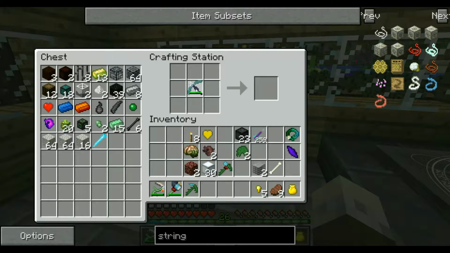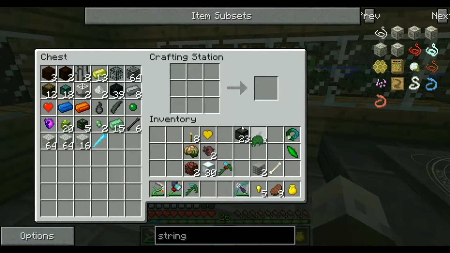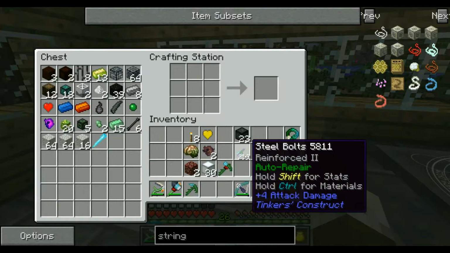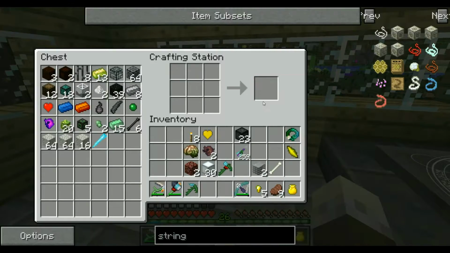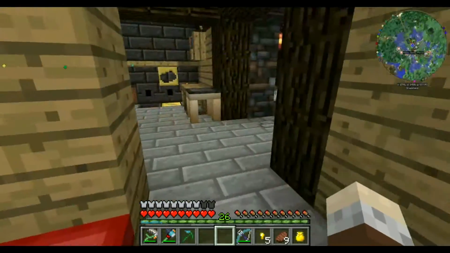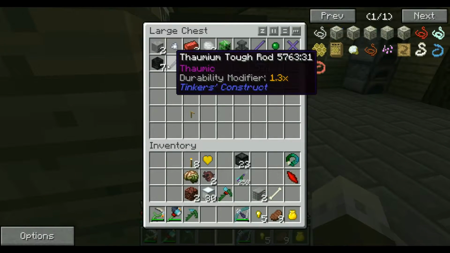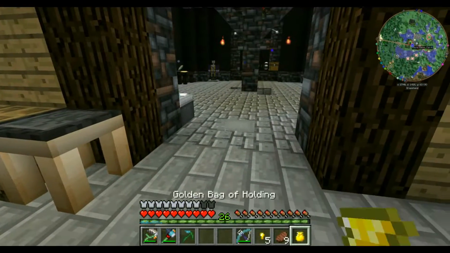So, that in there with that gives us auto repair on that, and this on here gives us auto repair on our bolts as well. Now our bolts only have one more modifier remaining, but with our newfound source of lots of nether stars, we can do 1, 2, 3 will give us that. We need a fair bit here because I'm actually going to take all of this